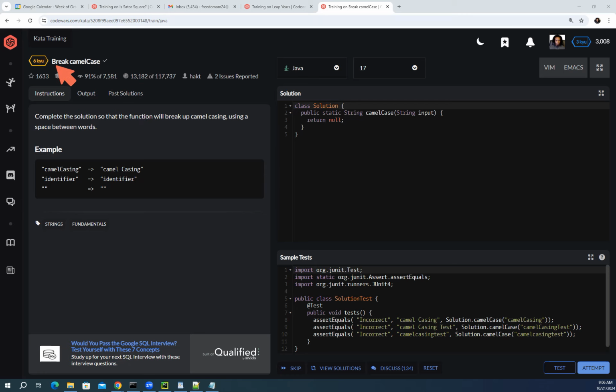Okay. The exercise today is Break CamelCase from Codewars.com, and it is a Java exercise. So flexing the little Java skills today. This one is on the simple side. The exercise is to complete the solution so that the function will break up camel casing using a space between words. And generally what camel casing is